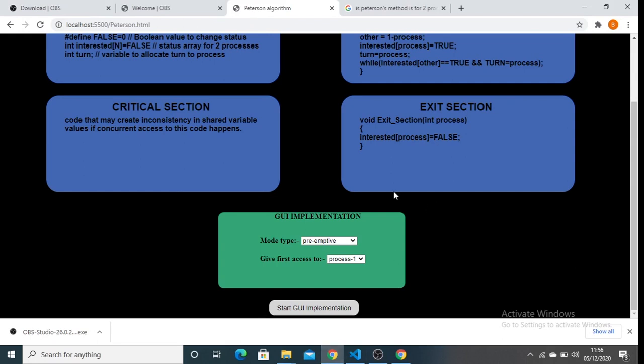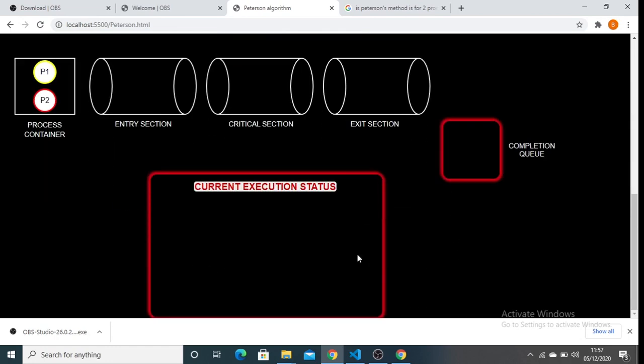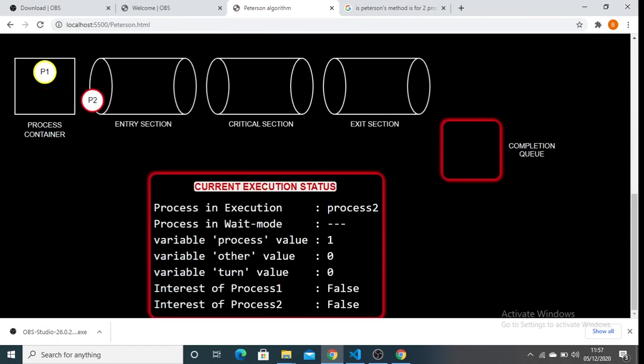So here in the Peterson algorithm, I am showing preemptive mode, and I am giving first access to process 2, and I am starting the GUI implementation here. Here the current execution status will be there, as process 2 is being started. The process in execution will be process 2, and in wait mode, as of now there is no process.